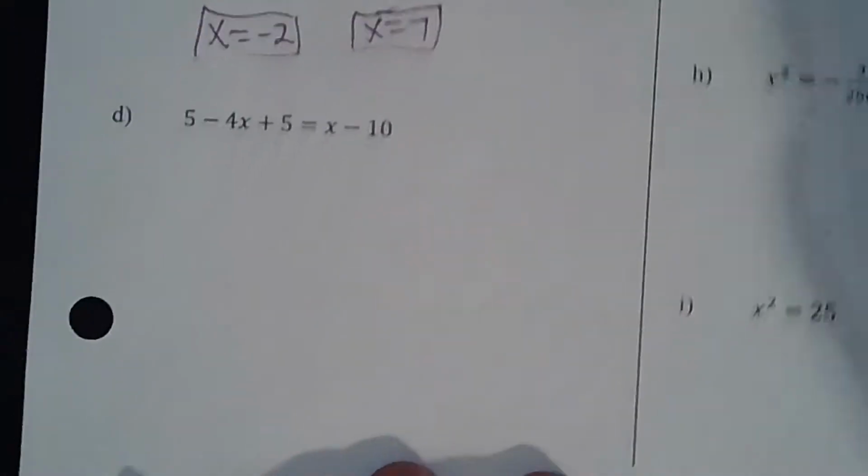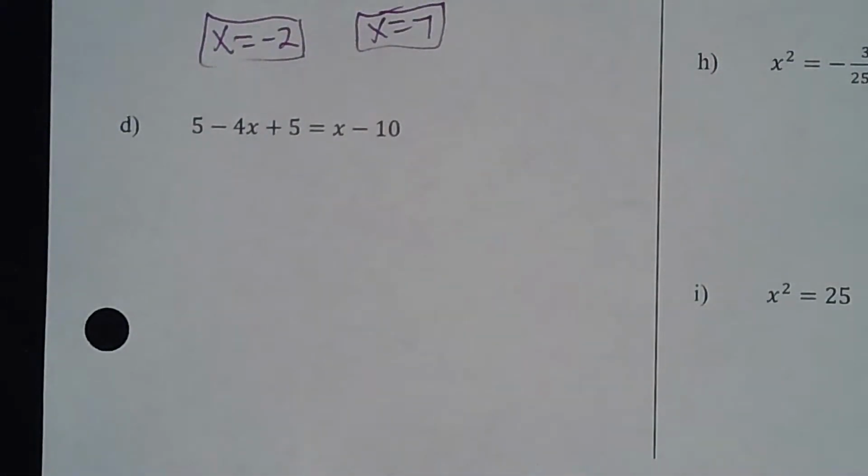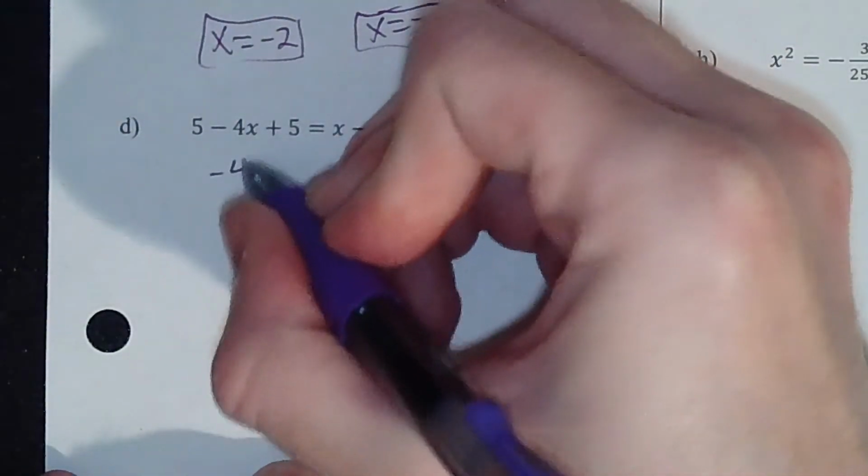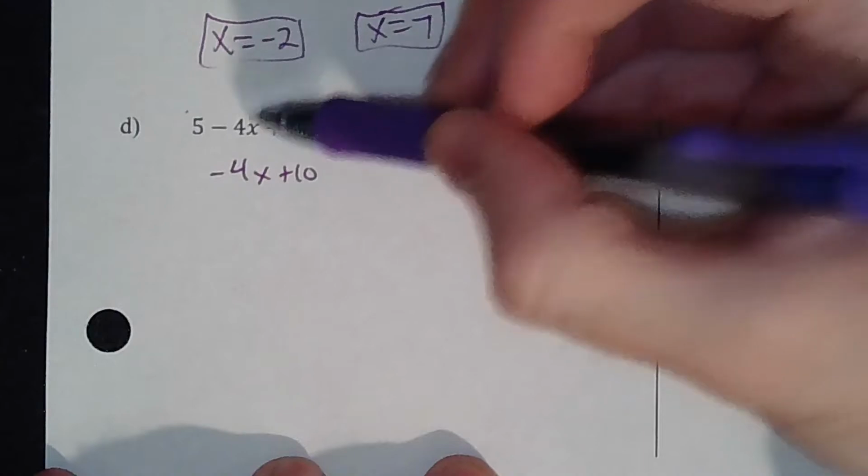Letter D. So letter D, what you got to notice on this question is there isn't an x squared. Not an x squared. That means we're going back to what we learned all the way back in October. We just got to solve a basic old equation. Add like terms over here first. That's negative 4x plus 10. 5 plus 5 is 10. Negative 4x